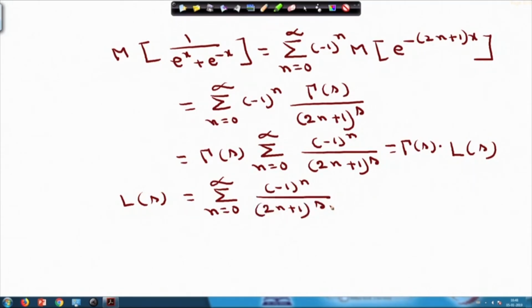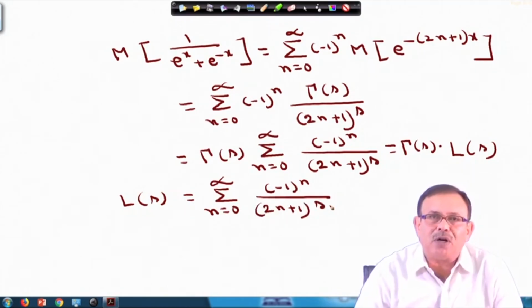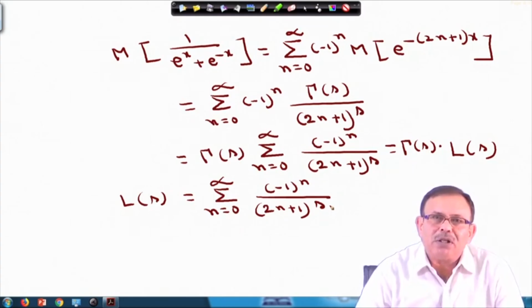So, the Mellin transform of 1 by e power x plus e power minus x is of the form gamma s into L s, where L s equals summation n equals 0 to infinity minus 1 to the power n divided by